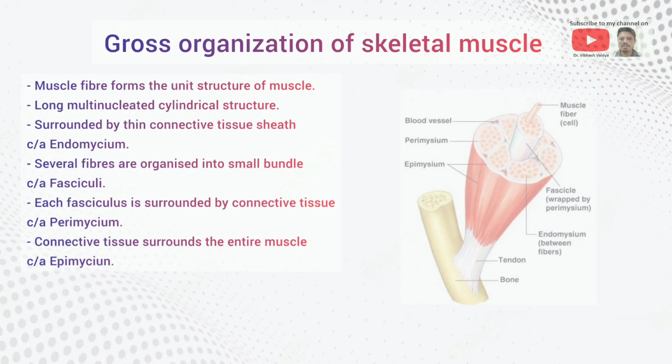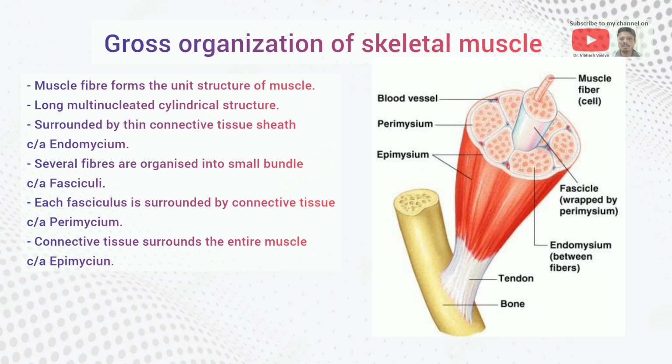Now the gross organization of skeletal muscles. Each muscle fiber forms the unit structure of muscles. It is a long, multinucleated cylindrical structure which is surrounded by a thin connective tissue sheath known as the endomysium. Several fibers are organized into a small bundle called a fasciculus. Each fasciculus is surrounded by connective tissue called the perimysium, and the connective tissue that surrounds the entire muscle is called